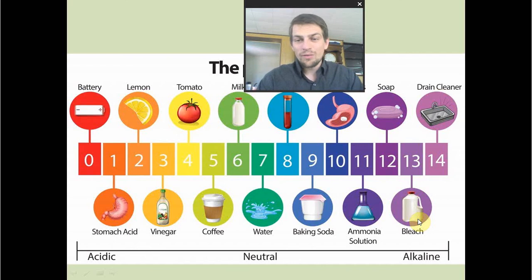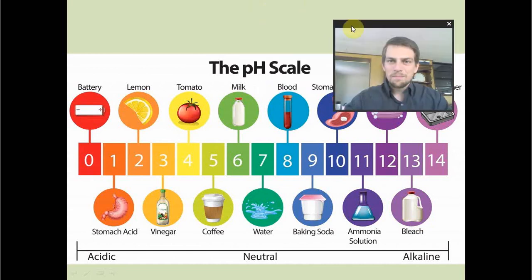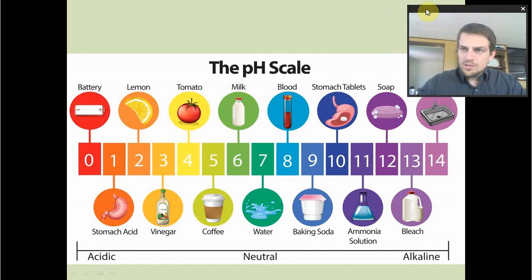And now, up at a very, very high pH, up at 14, the highest on this scale right here, is drain cleaner. So that's the stuff you pour into your drain to clean it out. So that's pretty powerful stuff if it's cleaning out the clogs inside your drain. Like Drano would be a brand name of that. Yeah, so just so you know,